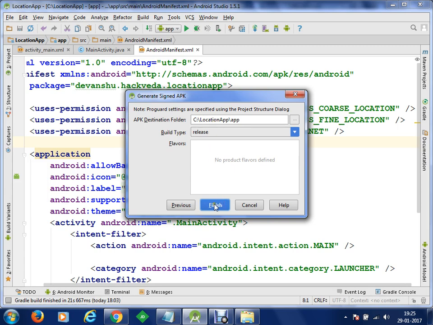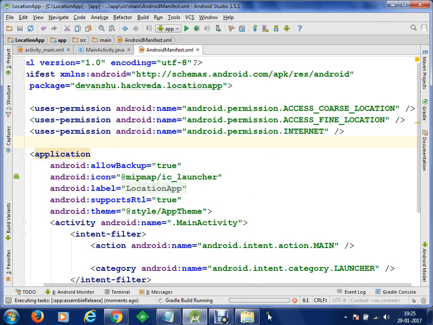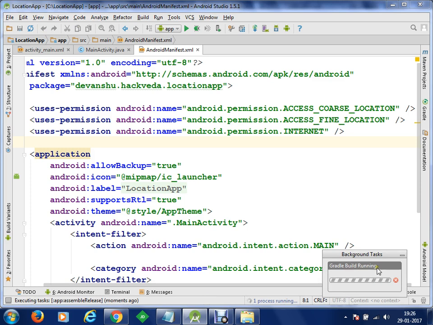Let's click on Finish, and now you can see at the bottom that the Gradle build is running, and within my C drive in the location app, within the app directory, a new APK file will be generated. This APK file is a redistributable file. Anybody can download and directly install it, and once the file is installed it can be tested. So we are waiting for this Gradle build. The Gradle build is running at the moment.